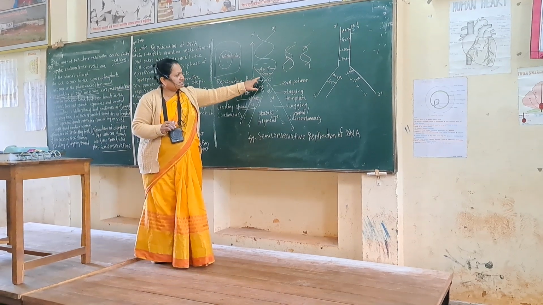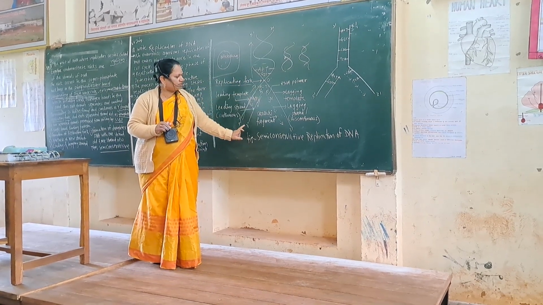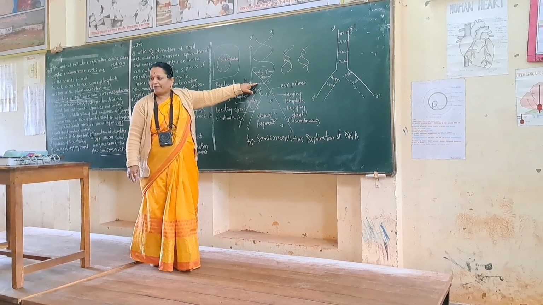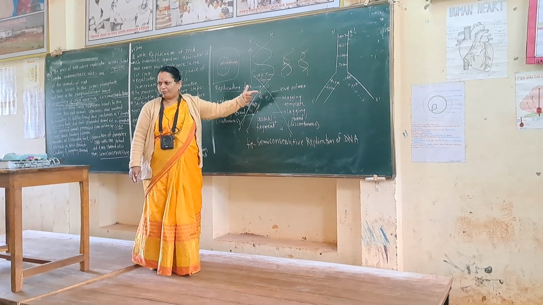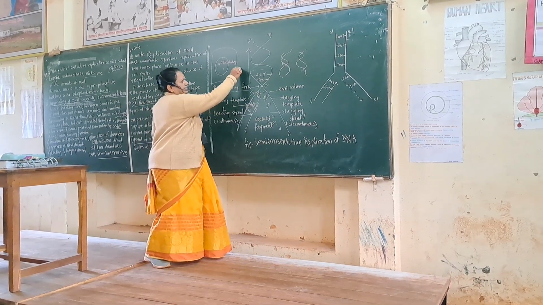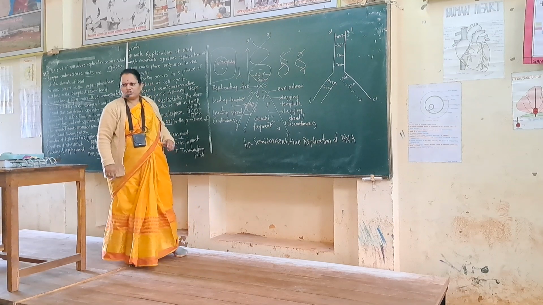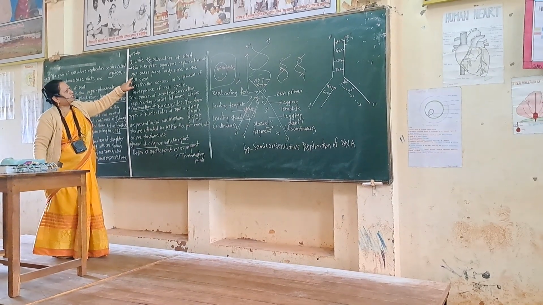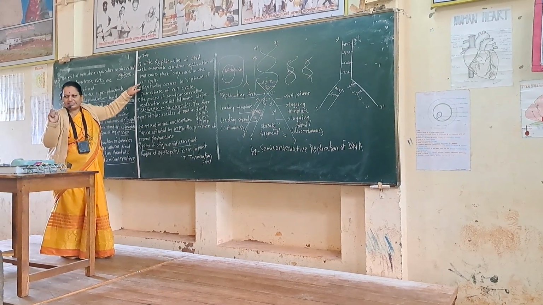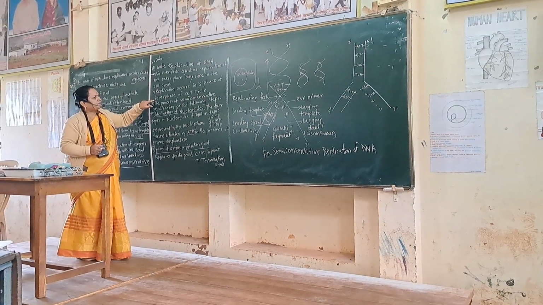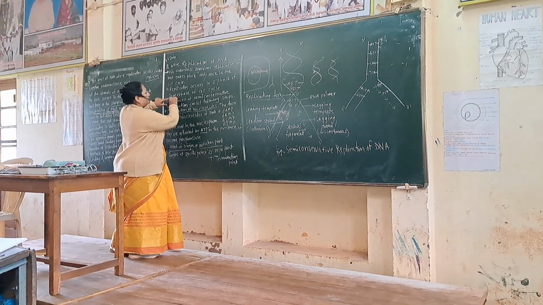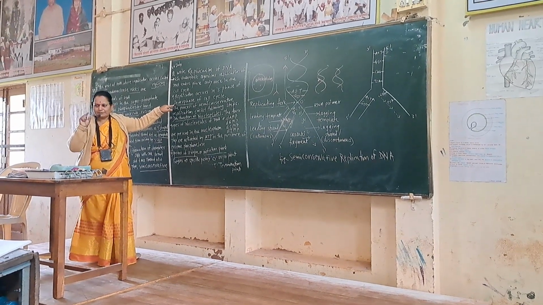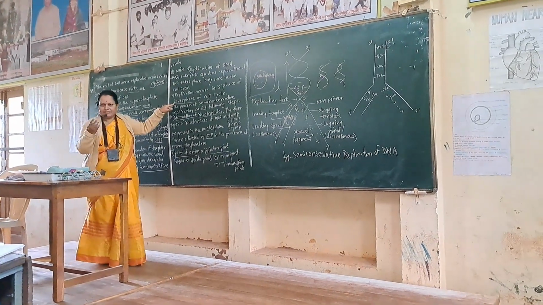Here, replication starts at the O point and ends at the T point, the termination point. The initiation process of replication looks like an inverted forceps, therefore it is an inverted Y-shaped structure. In eukaryotic organisms, replication of DNA takes place only once in the cell cycle. Replication occurs in the S phase, the synthetic phase of the interphase of the cell cycle, where DNA replicates.